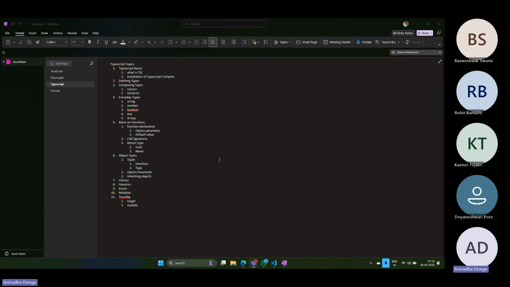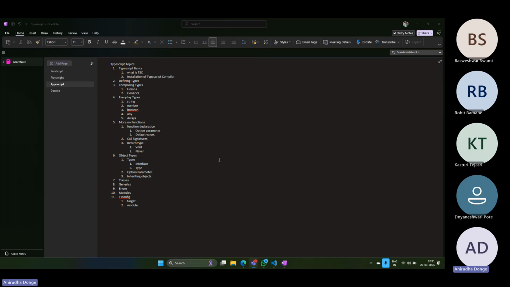So we'll talk about how to set up TypeScript on your machine. We have a different set of data types there. So we look at that. Okay. We'll look at how to declare a function, what is an object there. We'll look at the OOPS concepts in TypeScript, generics, enum, modules, and basically TypeScript, as I said, is a